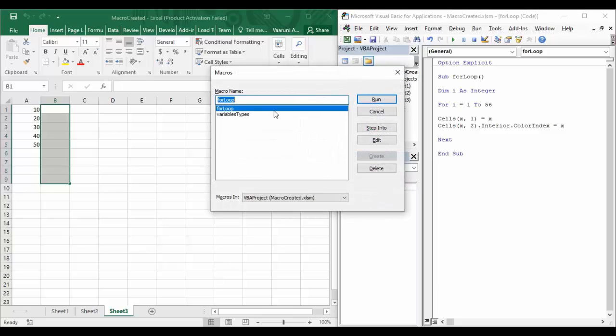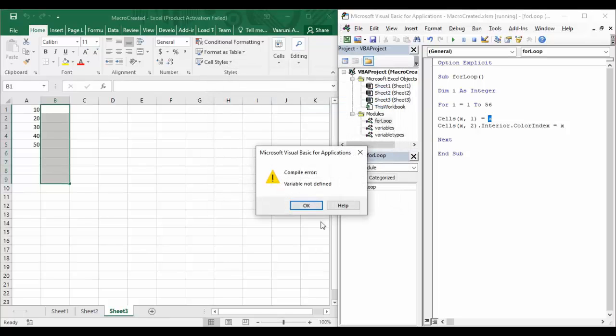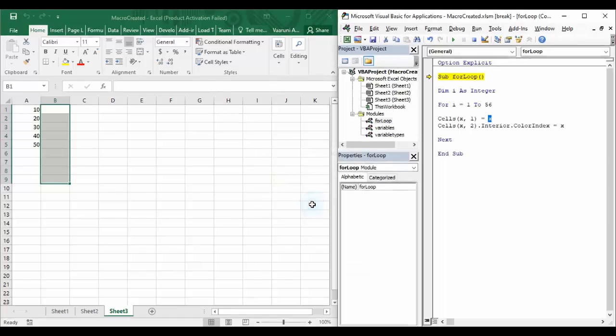Okay, so this is what our code is going to look like, and let's run it by using the F5 function. So first of all, you can select the macro. For loop is the name of the macro, and if we click on run, then we get an error. Okay, so actually the variable that we defined here was I, but I have written here as x. So let's just change the name of the variable to x. This is actually the name of the variable, which could be anything that you like. I have chosen x. If you want, you can choose I or any other variable name.